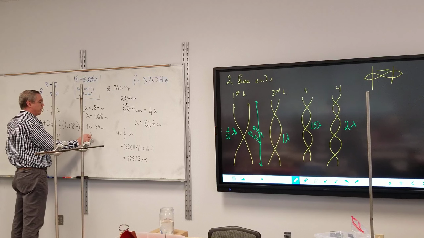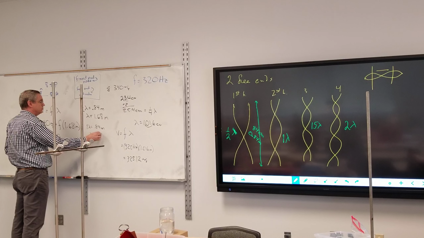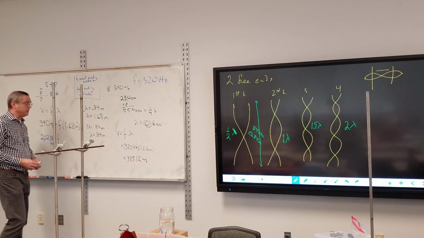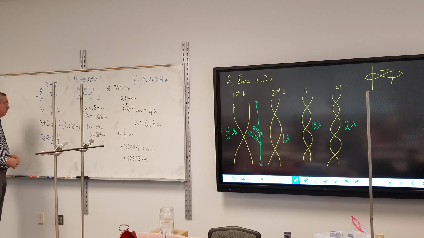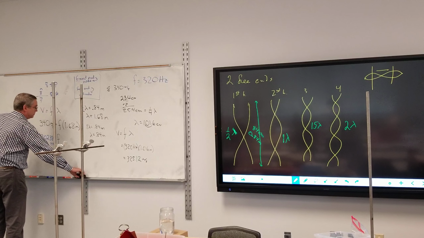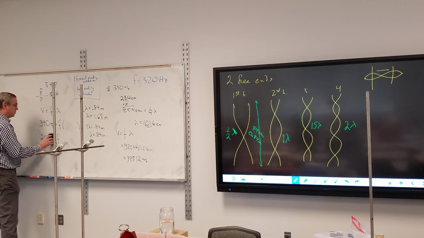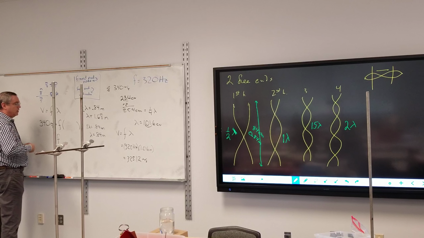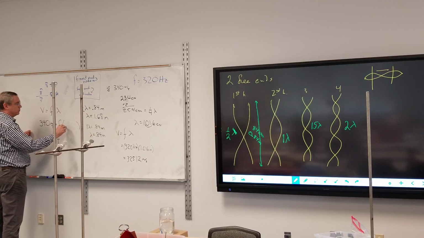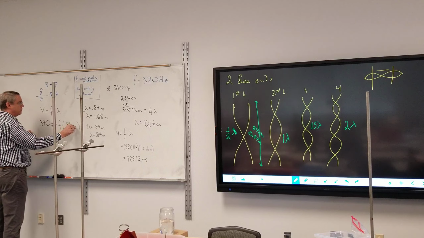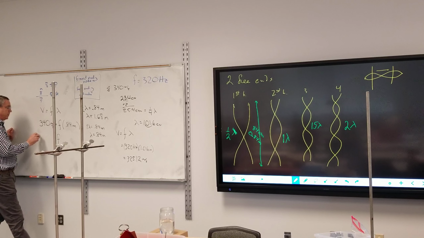I will do this math for you. Shocking. And so the math here, my wavelength has changed, so the frequency is going to change. This is 0.84 meters. And this will be 404.76